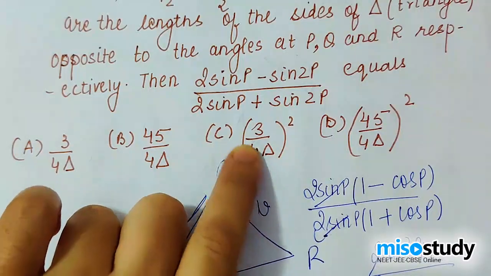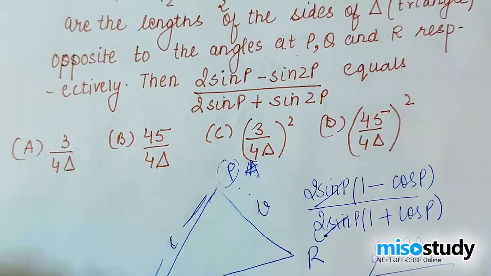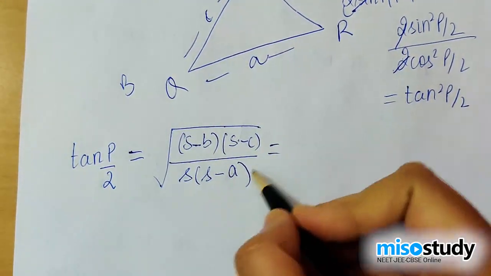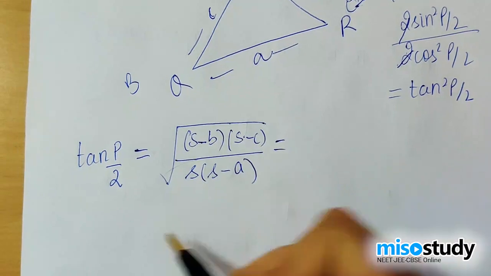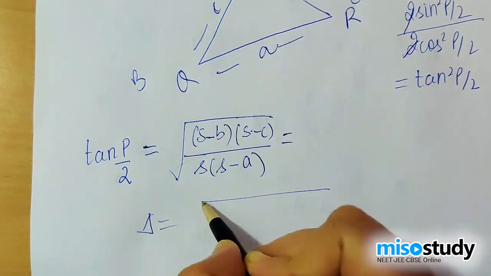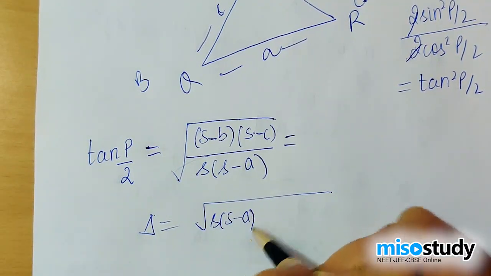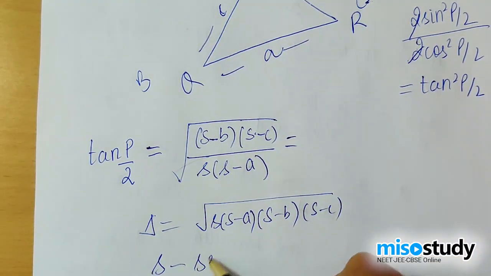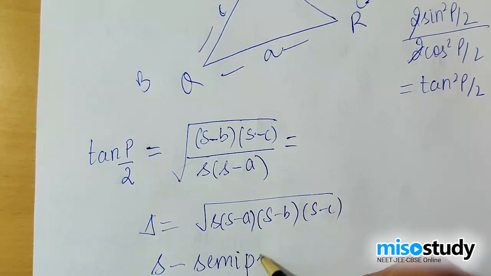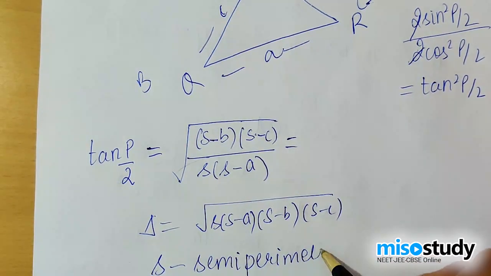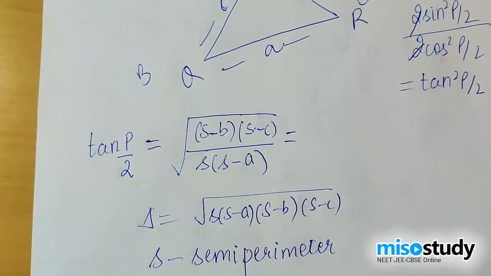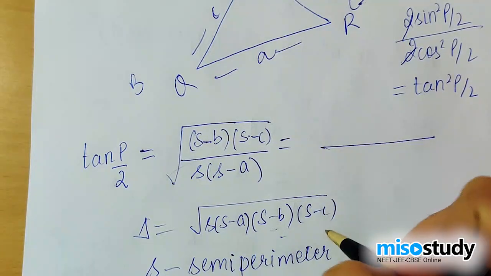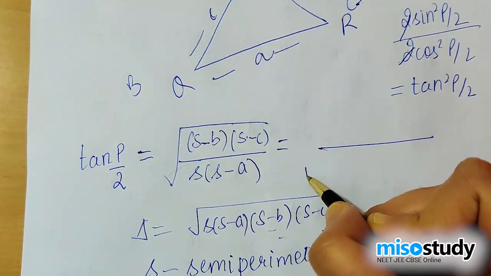you have the area of the triangle coming in the denominator, which gives me a hint: why don't I make this delta, that is the area of the triangle. I know delta is equal to, by Heron's formula, root of s into s minus a, s minus b, s minus c, where s is the semi-perimeter. I hope you're all aware of this 10th class formula, right? So to make that, I will have to multiply s minus b into s minus c in the numerator as well as the denominator. So doing that, I'll have,